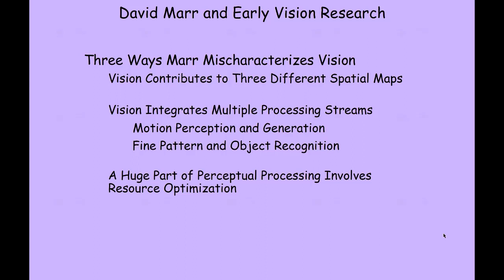A huge part of visual processing involves maximizing or optimizing our resources. So that small foveal area that has all those cone cells, that's really geared towards fine-grained, color-sensitive object recognition, and that little bit of resource takes up a huge amount of processing. In order to get that kind of information, we can only use that little area of the visual field at any given moment. And so we foveate around. We move that area around to get information from other parts of the visual scene